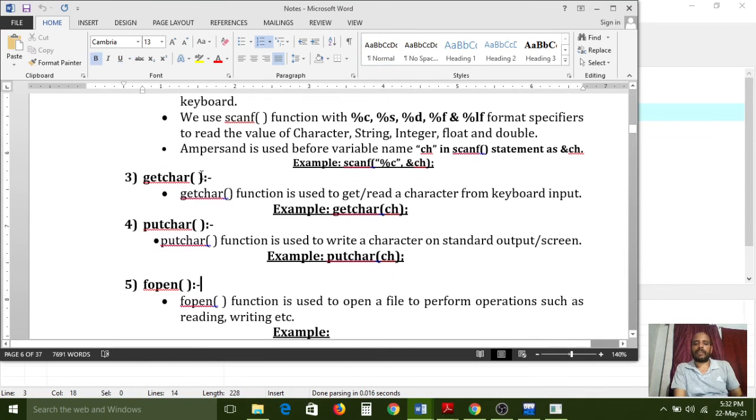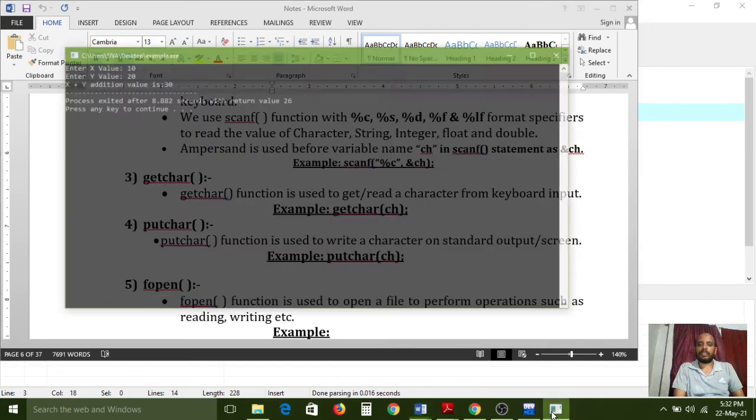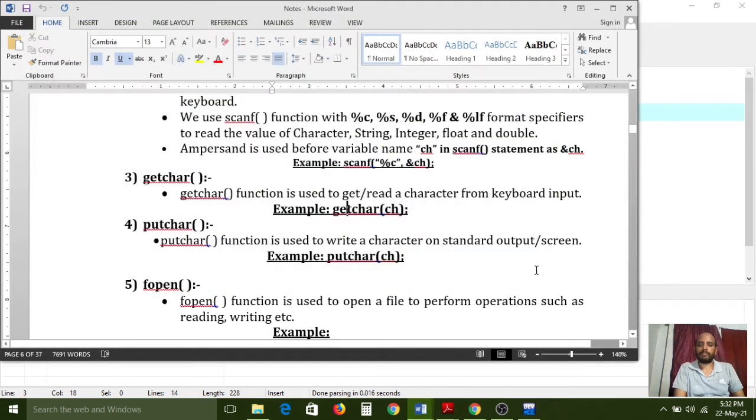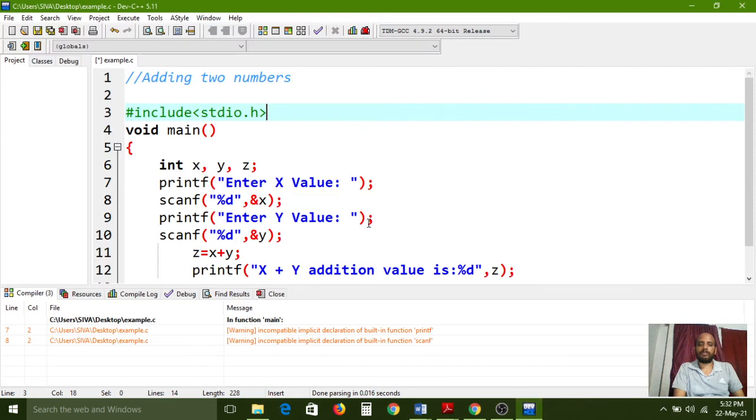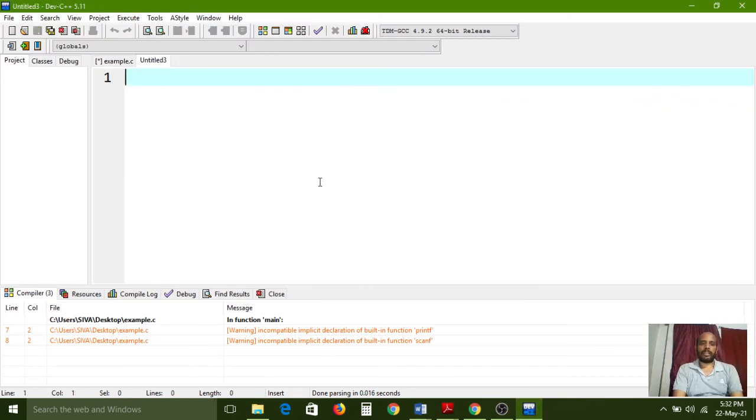The getchar and putchar functions are also required. Getchar, putchar. I am typing one more program, so carefully observe. Control N opens a new window. Hash include stdio.h.